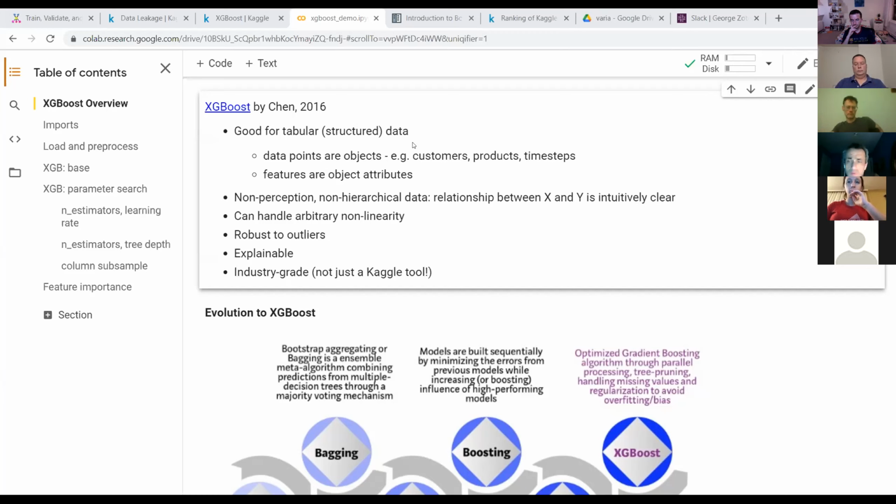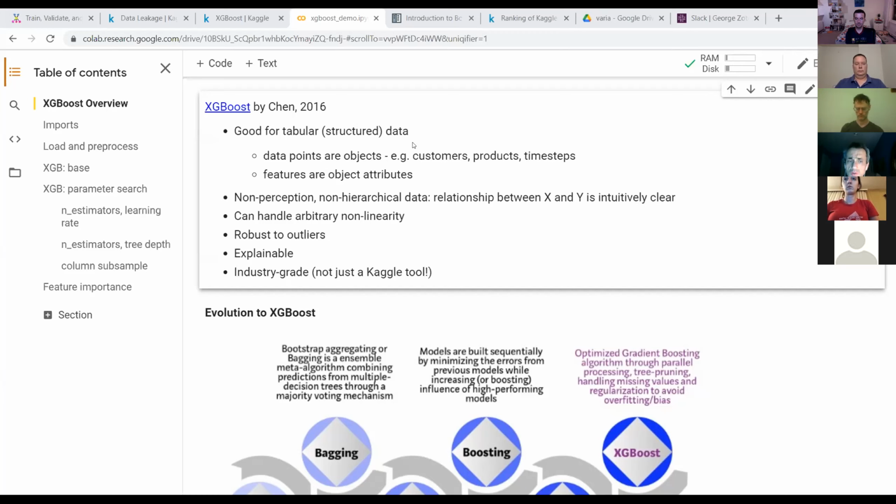It's robust to outliers also. Like in the Melbourne housing data set, we may add an erroneous data point with, I don't know, 1 million square feet. Xgboost wouldn't care because for Xgboost, whatever the actual value of the variable is, that doesn't actually affect the tree that it is building.